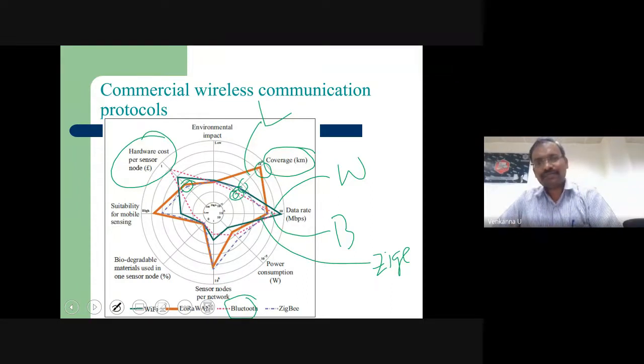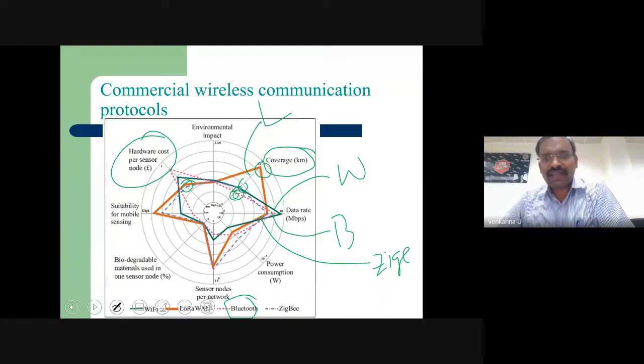That's why it is always challenging. If you gain one parameter, you are going to lose another parameter. That's why you should always carefully choose which communication protocol you are going to use for your IoT application.